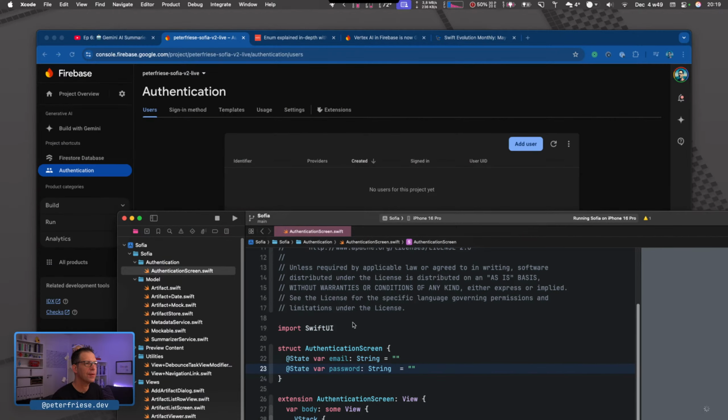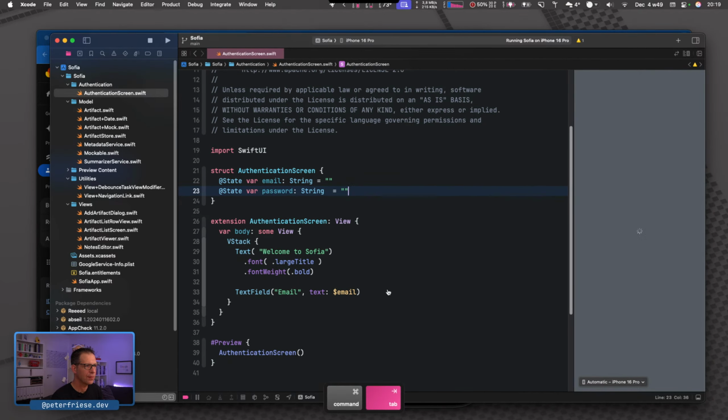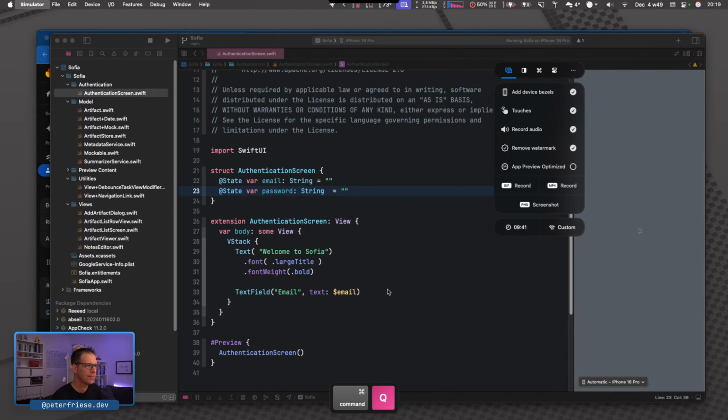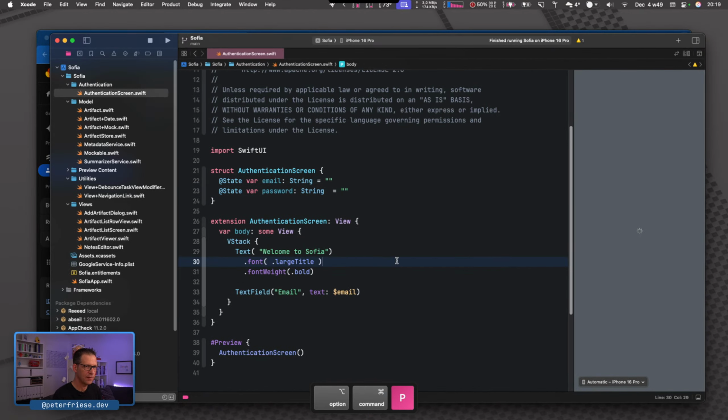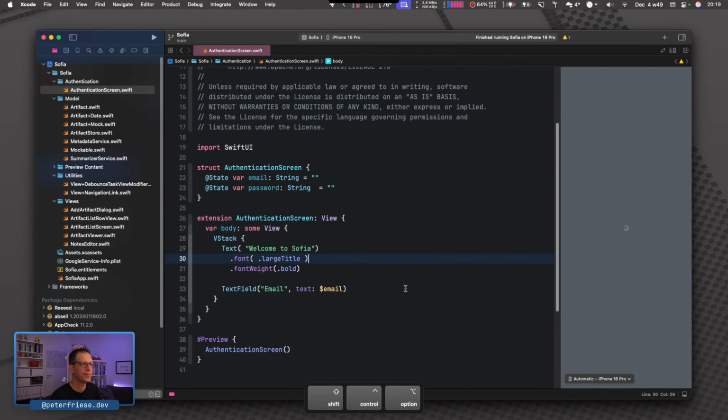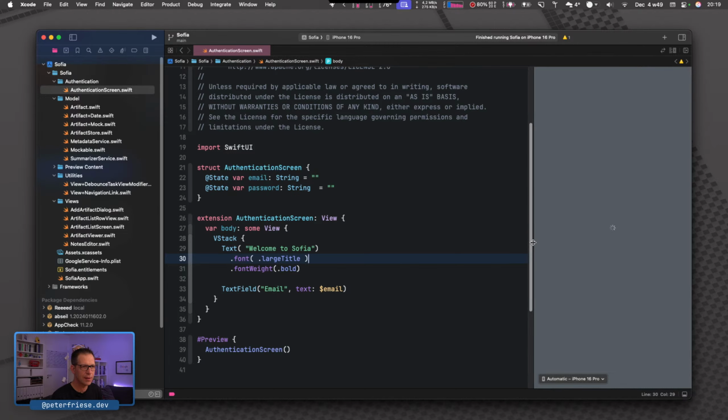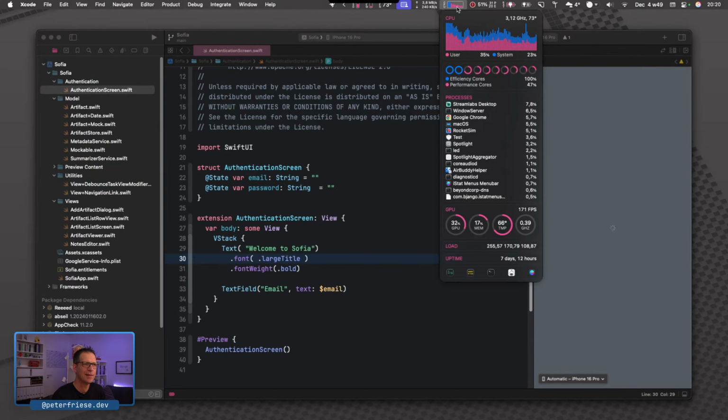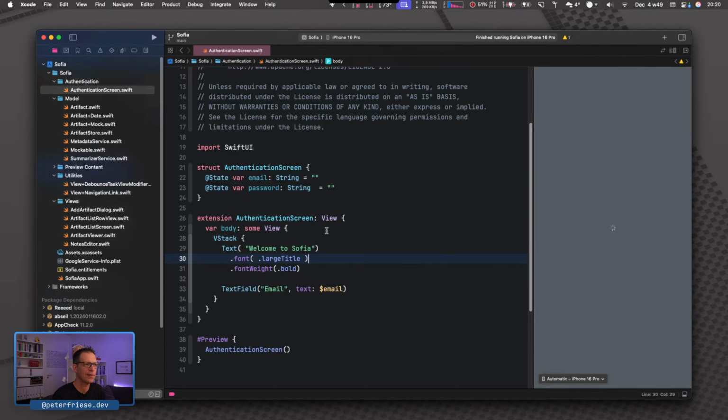So, you know what? I am going to kill the simulator. And then let's see if this speeds things up, because I'd really like to see a preview. Maybe this is Xcode trying to tell me I need a faster machine.